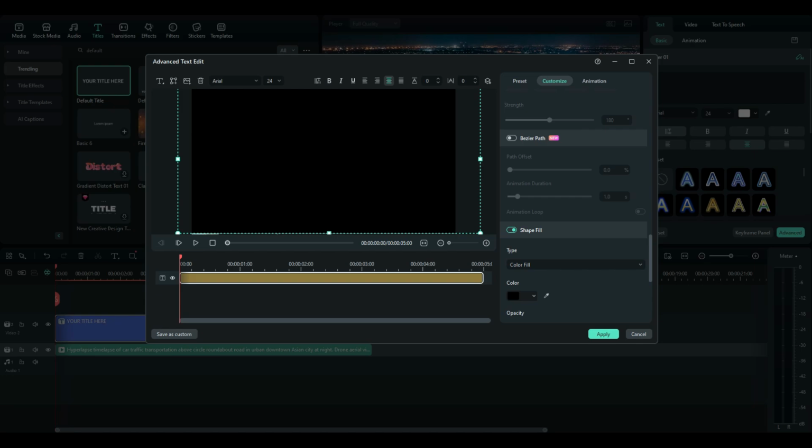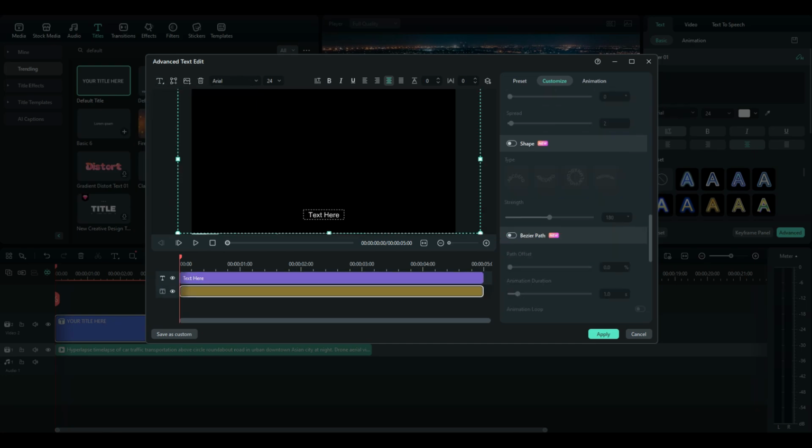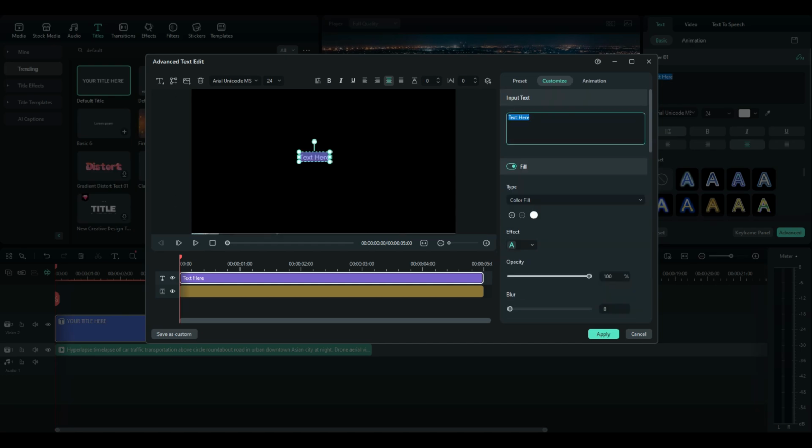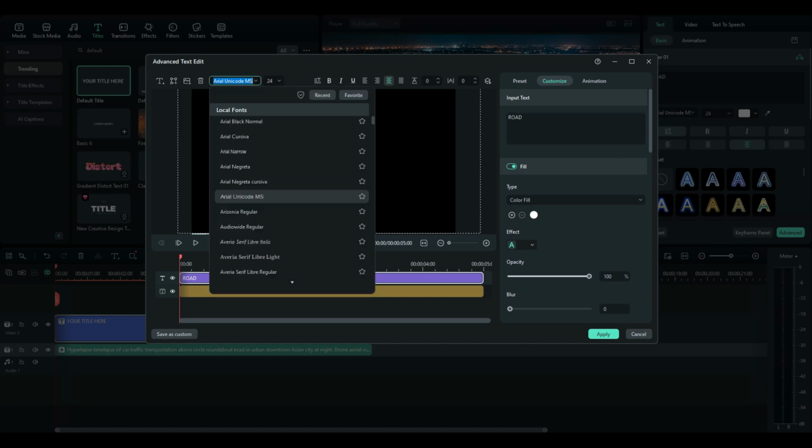So this is how it is, and after that just click on this add text box again, quick tags, and then I'm just gonna drag this text in the middle of the screen. And now let's write our text. Let's say for this example I'll just go ahead and write the road, and after that click on the font